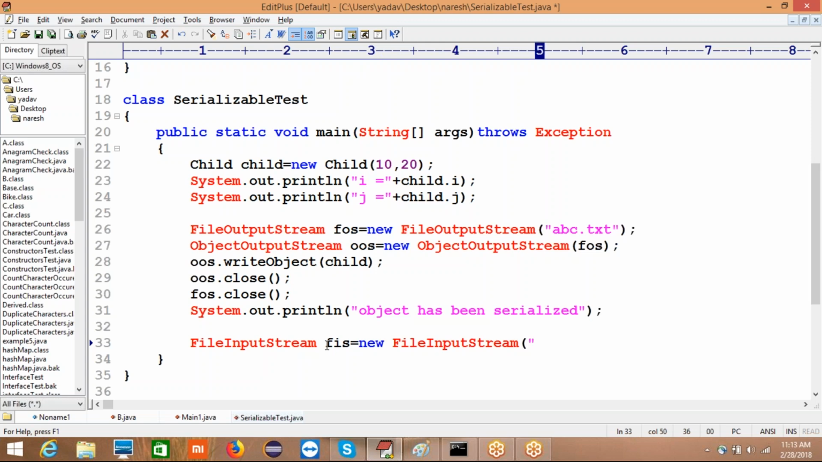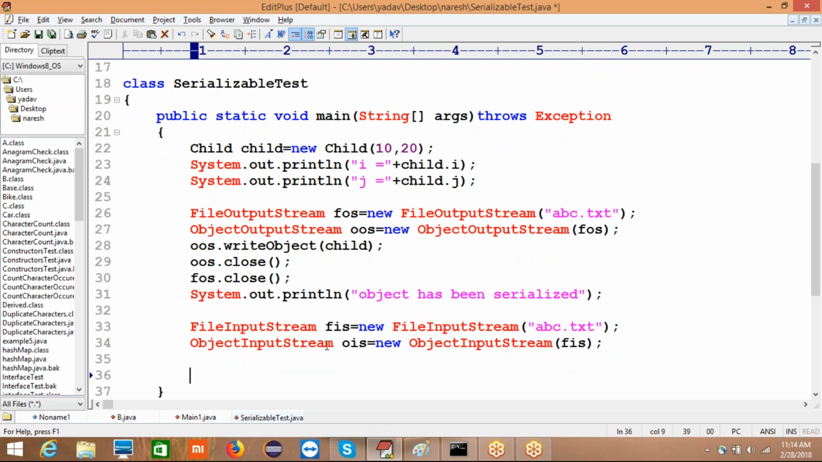We need to provide the file name of our file, and use the ObjectInputStream. ObjectInputStream ois is equal to new ObjectInputStream, and provide our reference of the FileInputStream, fis. Once that is completed, by using ois, that is the ObjectInputStream,